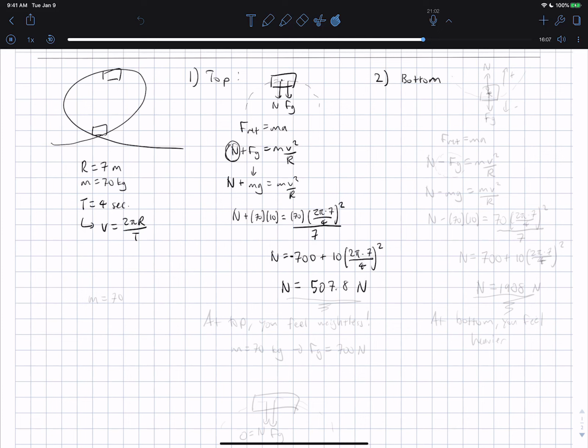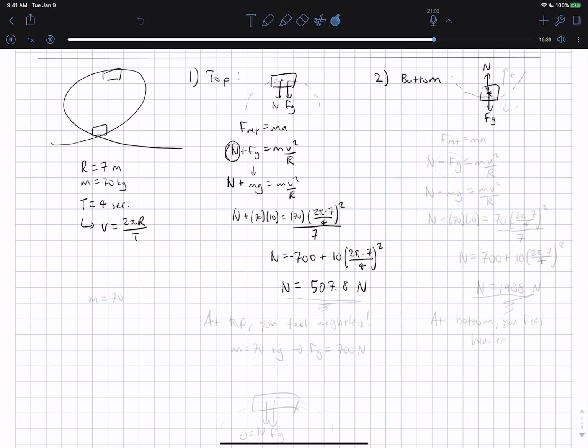Well, at the bottom, the person sitting here feels a normal force from the bottom of the track, or the seat that he or she is on. And the force of gravity is actually acting downwards, just like always. So that's the proper free body diagram. If you write out the proper